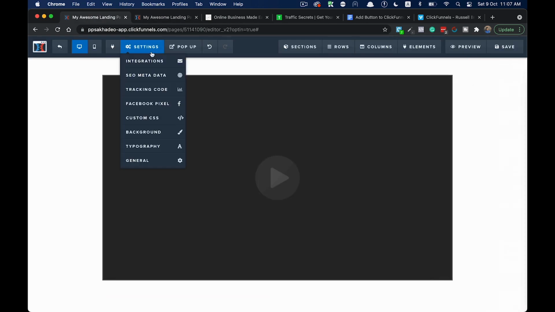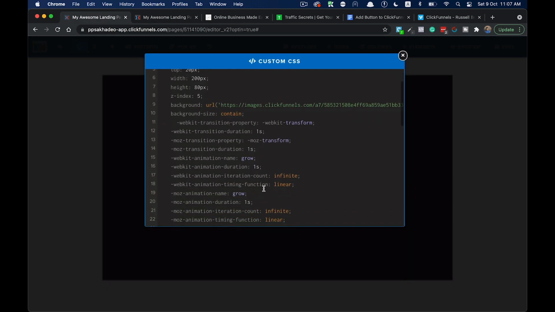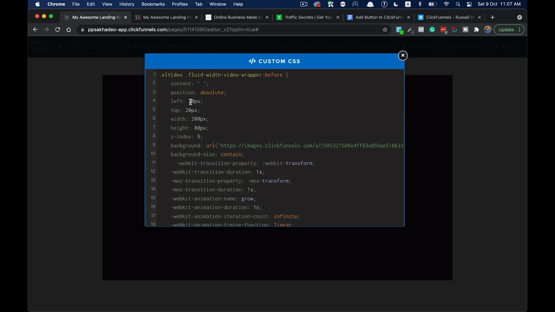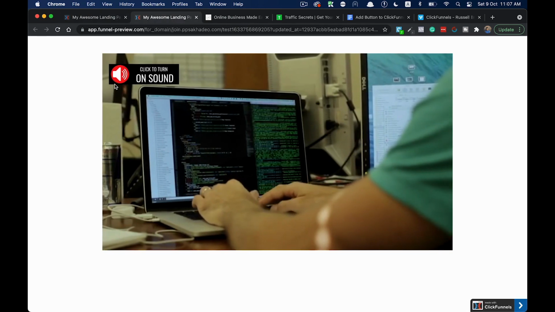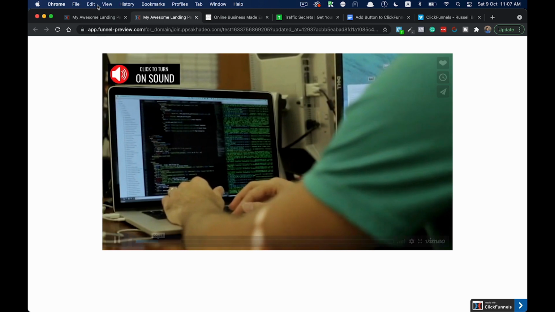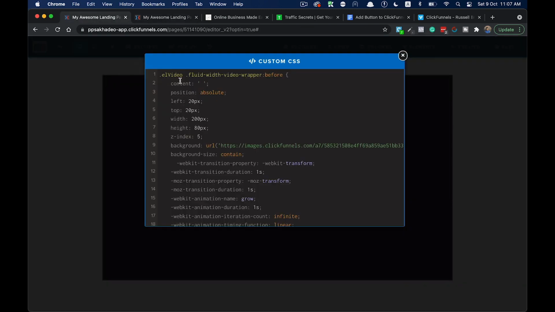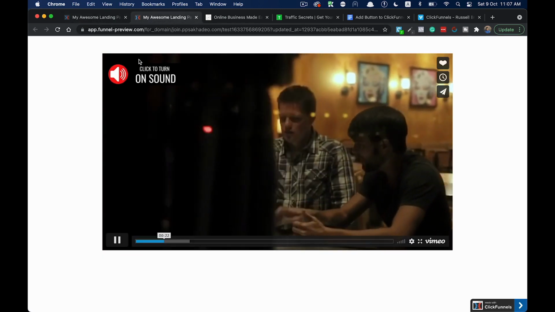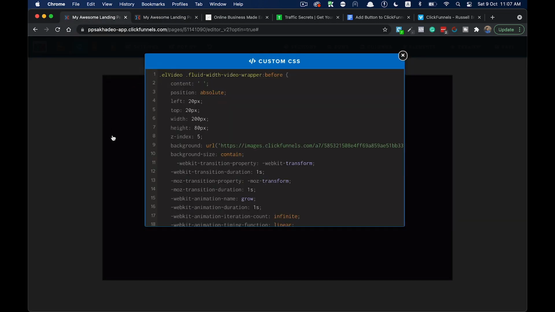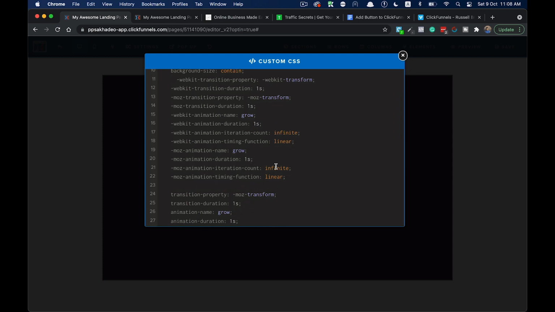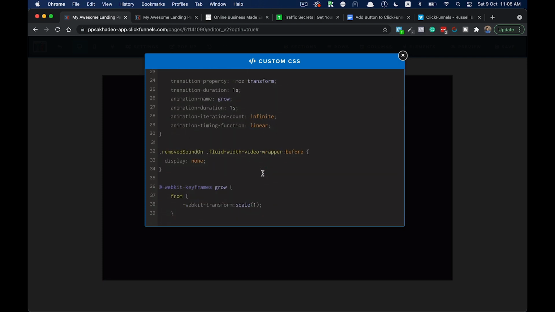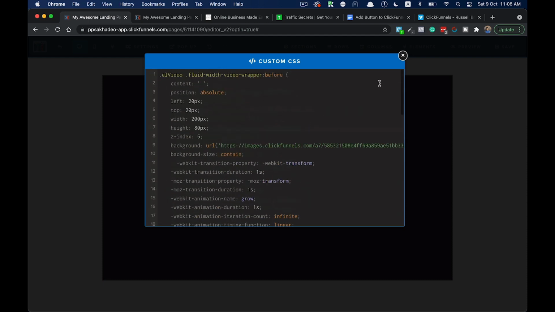There are few changes you can do to your CSS. It's not required, but if you want to, you can. For example, you can change the left position. Right now it's 20 pixels. So this distance is 20 pixels, and from top it is 20 pixels again. You can change this distance as well if you want to. Otherwise, not required. The other part you can change is the WebKit transition duration. 1 second, 1 second. You can make it half second, 0.5 second, 2 seconds if it is required. Otherwise, I will suggest leave these settings as is.